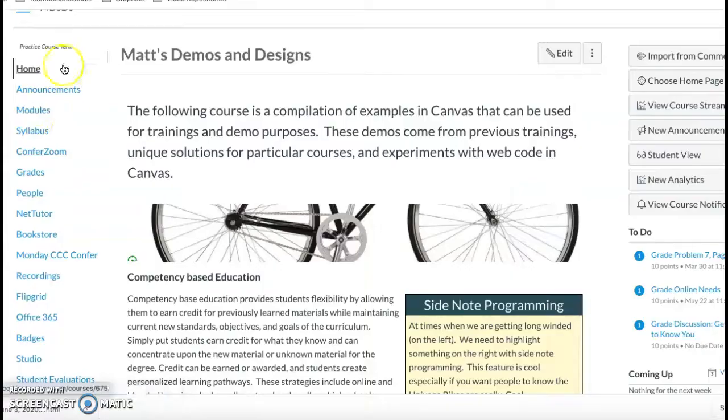I think these are going to be the things I want them to see. I let them see grades. I let them talk to students in the class. I want them to have the